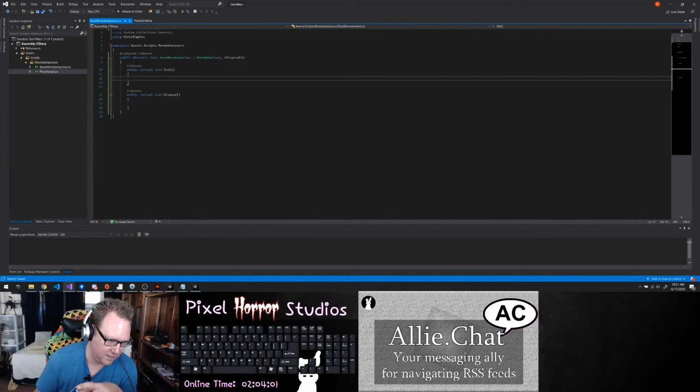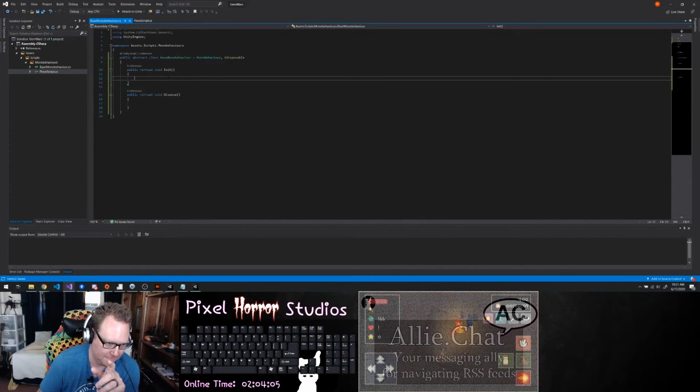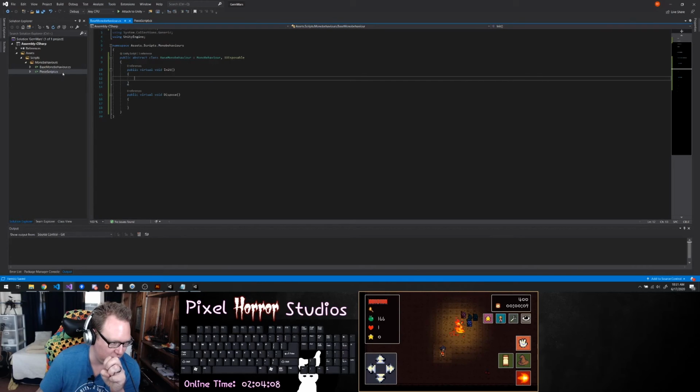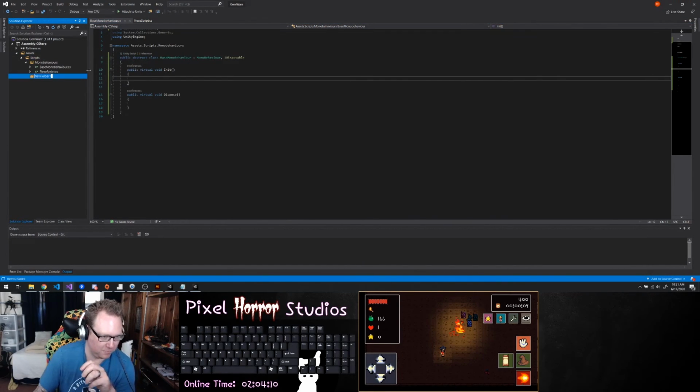You're going to be passing some kind of a scriptable object into that, right? So you're basing it. And init is going to be called from a scriptable so what I'm going to do is